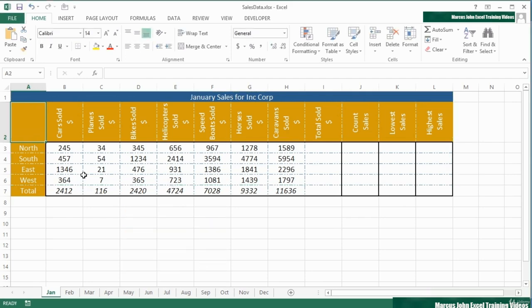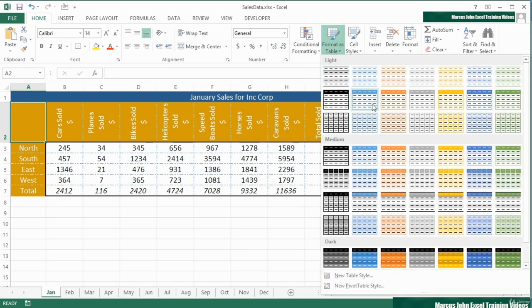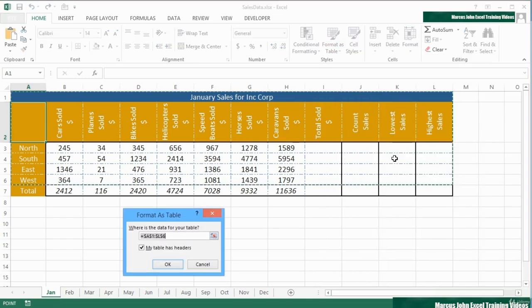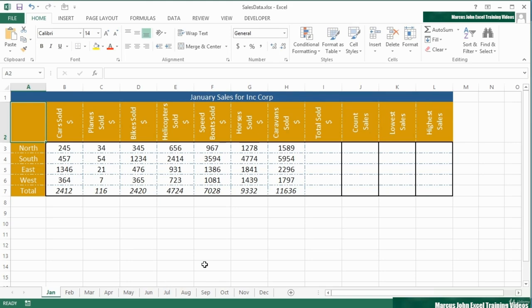Another way of effectively creating this into a little table is to just go to the Home ribbon and say Format as Table. Choose one of the table formats that you like the look of. But then the first step before it even thinks about formatting is to create a table. It pops up a very similar box to what we saw. That one said Create Table, this one says Format as Table, and it highlights the same cells where it thinks the data is. We're going to cancel that as well, and then look at the third option,